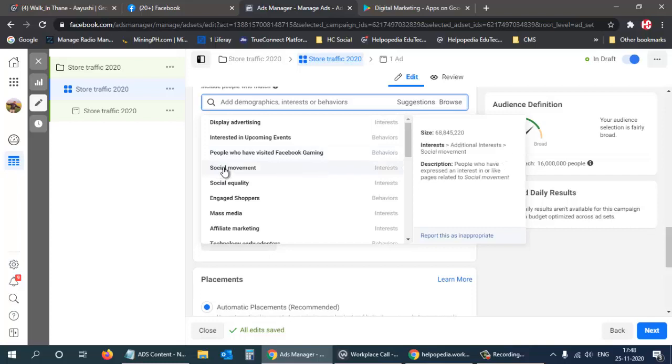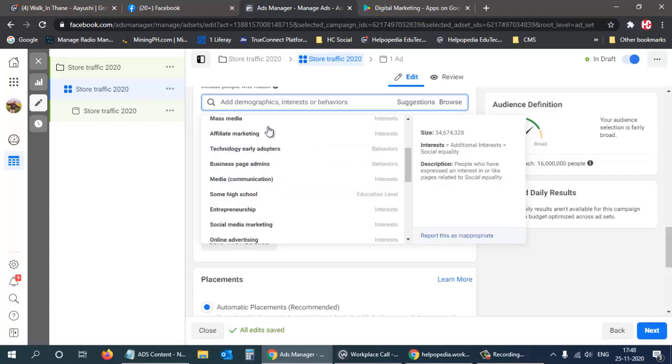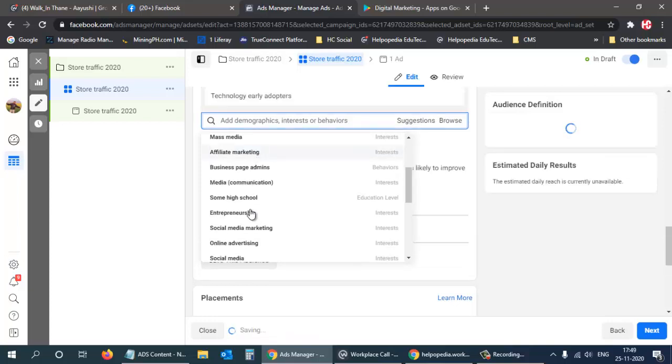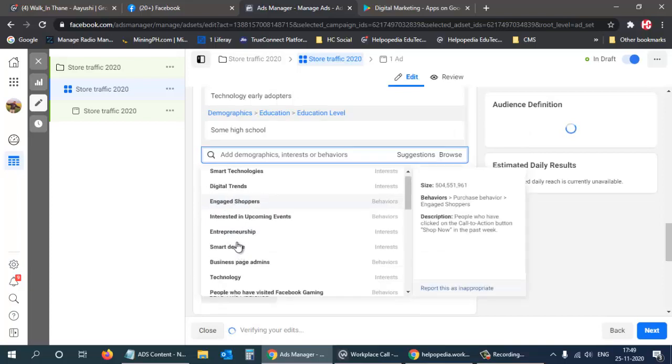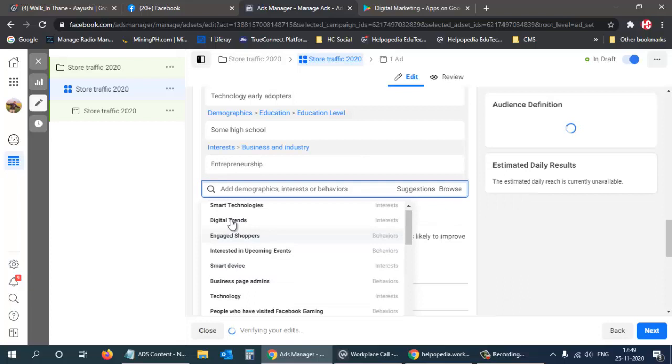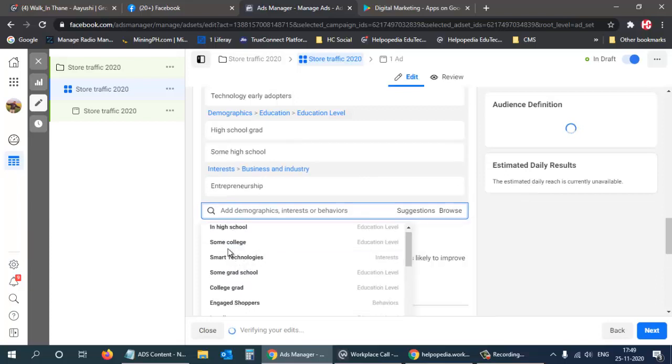See over here, now the options are different. See, display advertising, interested in mass media, affiliate marketing, technology early adopters, business page admins. Some of the options which came previously are available over here. We can select entrepreneurship, so anyone where we want people to come to our store.